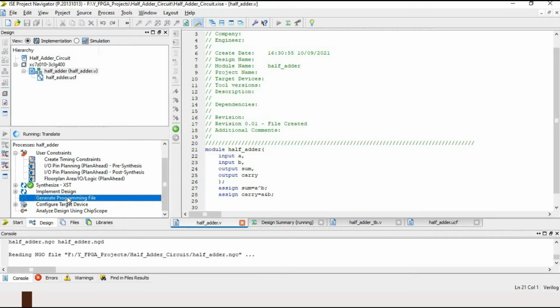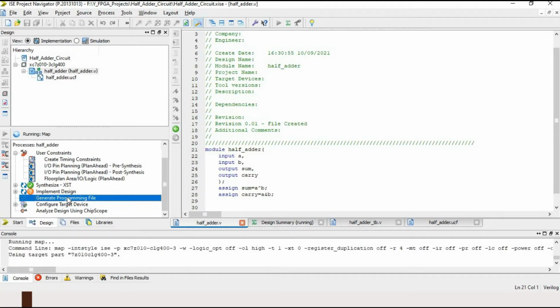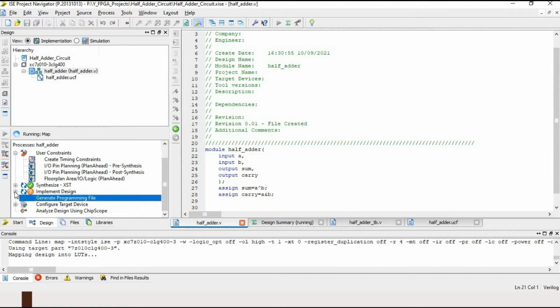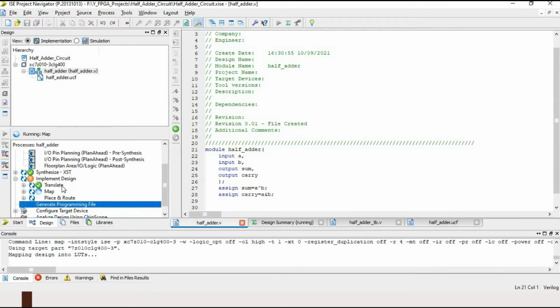It will take some time. It will first translate the code, then map the code on the FPGA, then place and route.